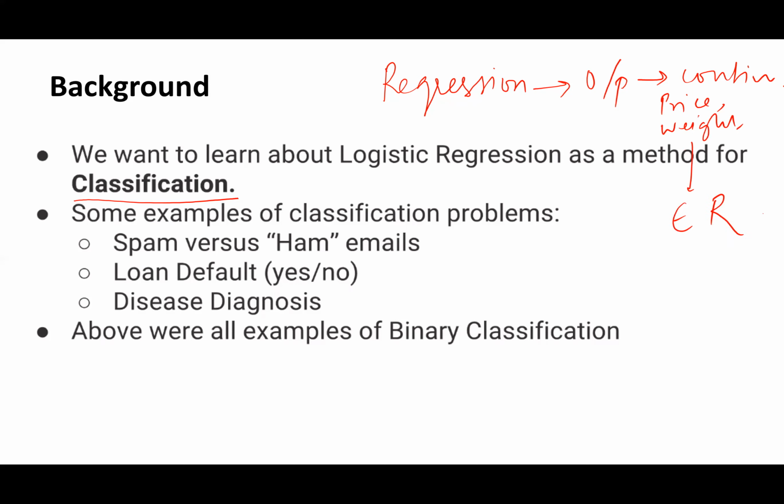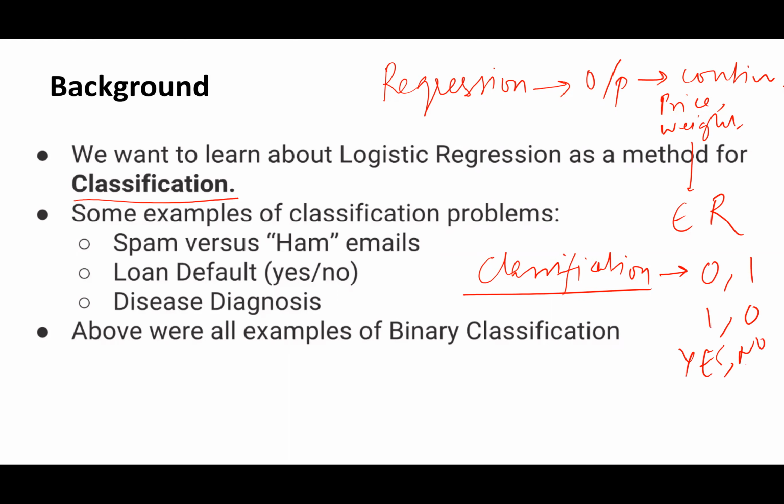Here, when I talk about classification, the output does not mean anything as a real number, but is made of classes, or different groups. Suppose based on a picture I want to figure out whether it's a cat or a dog, whether you have corona or not, yes or no. My output is either yes or no: will it rain tomorrow or not, or will I pass this exam or not.